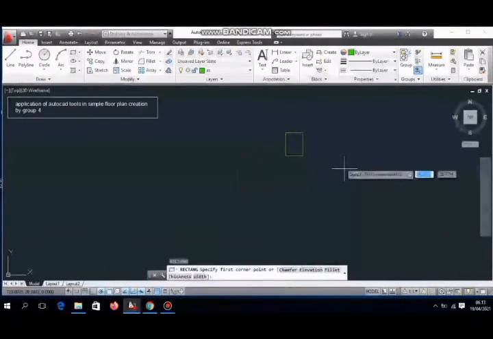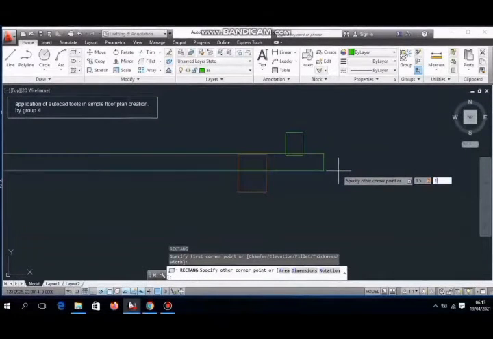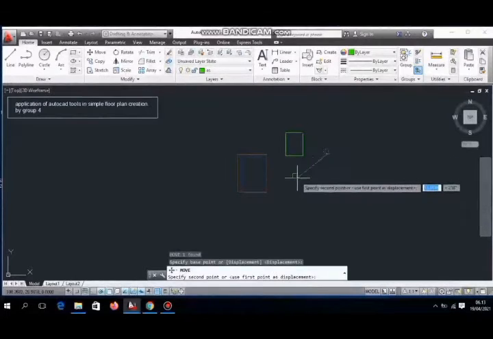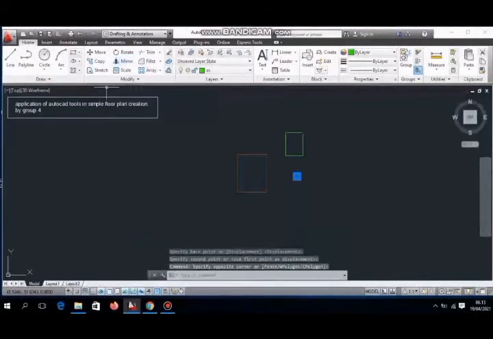We change the layer. After that, we set position.